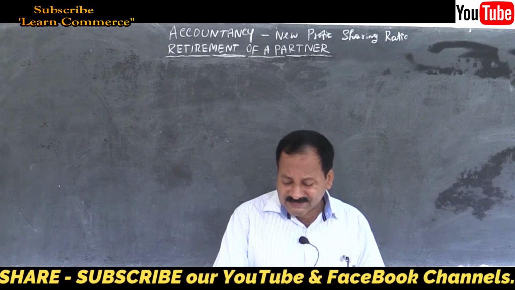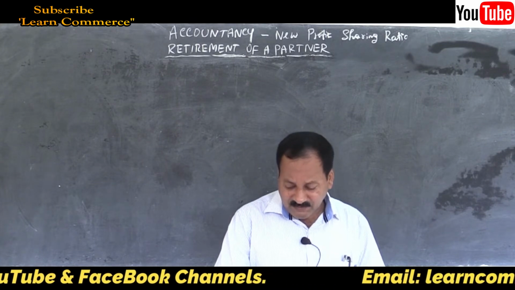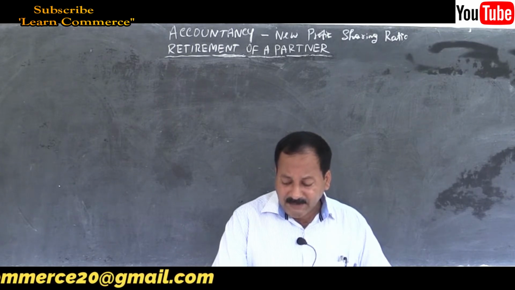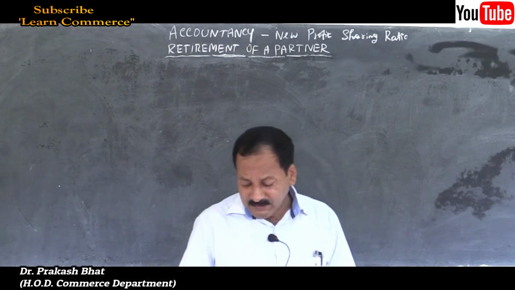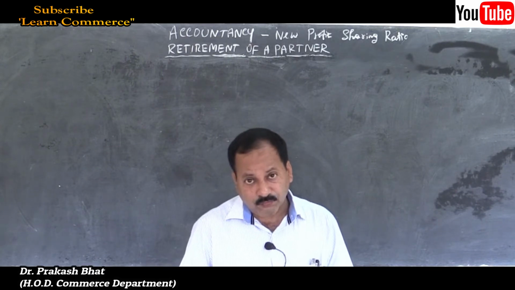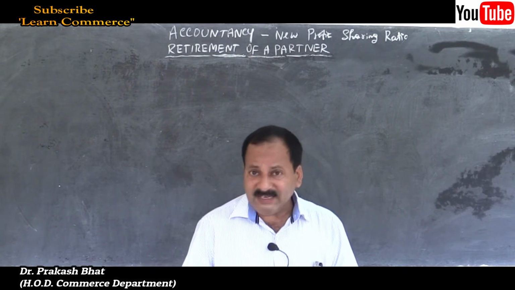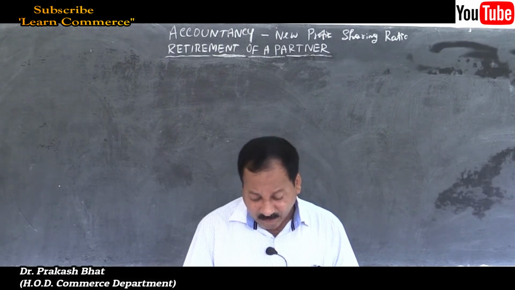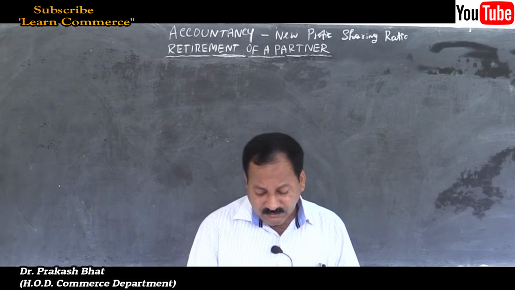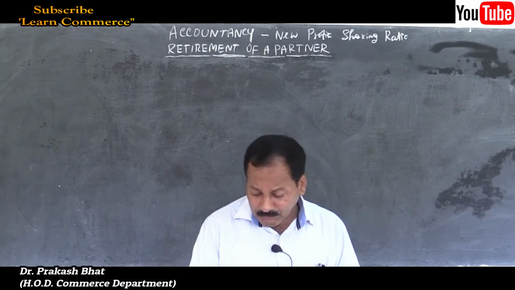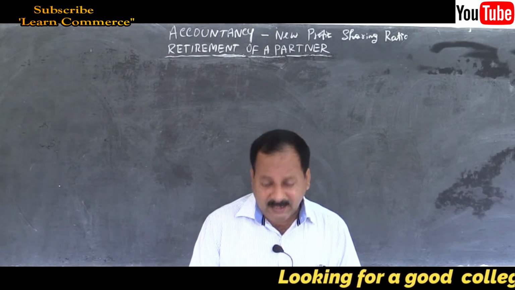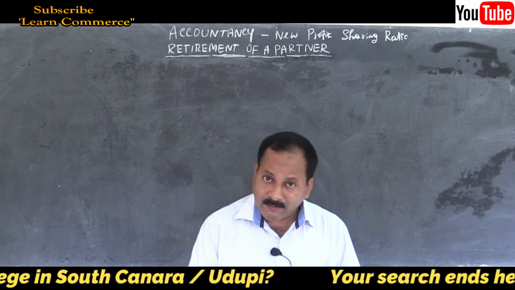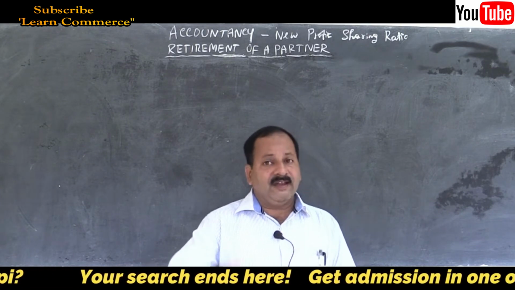So what we have to do is similar to the problems we have solved earlier. Priya's share, the retiring partner's share, is taken by Pooja and Pratishtha, that is continuing partners, in the ratio of 2:1. 2:1 means 2 by 3 and 1 by 3. So the gain ratio of the continuing partners, that is Pooja, is equal to how much? Retiring partner's share into 2 by 3, and other partner, that is Pratishtha, retiring partner's share into 1 by 3. If we calculate that, we will get the gain ratio.